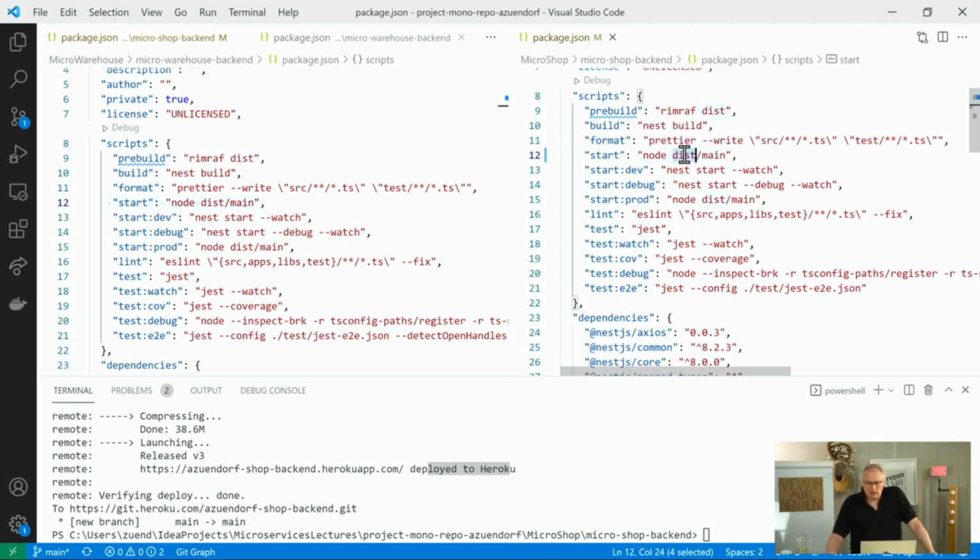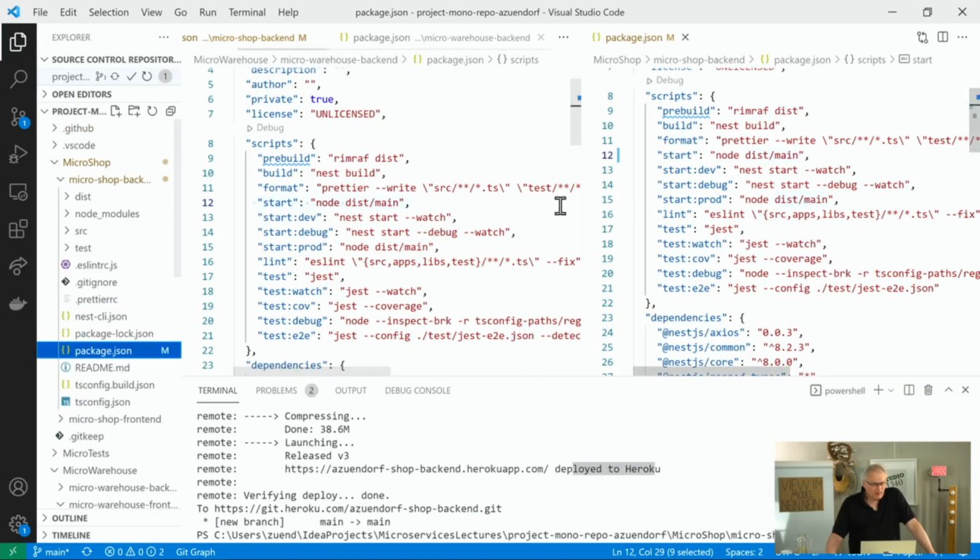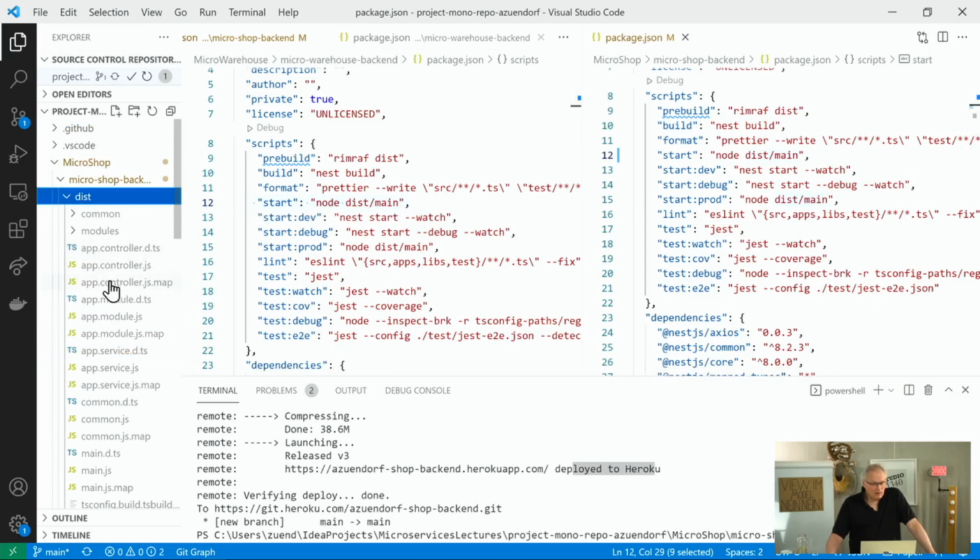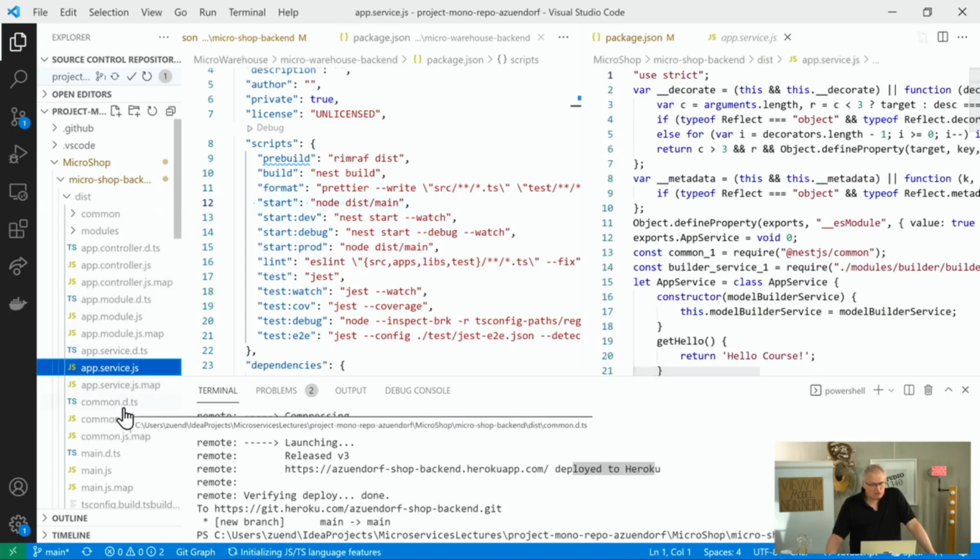And actually do not run it from my local directory, but run it from dist main. So why the heck is dist main? And actually dist is another directory. And this is the compilation target. In dist you have JavaScript files, service.js. And actually we are